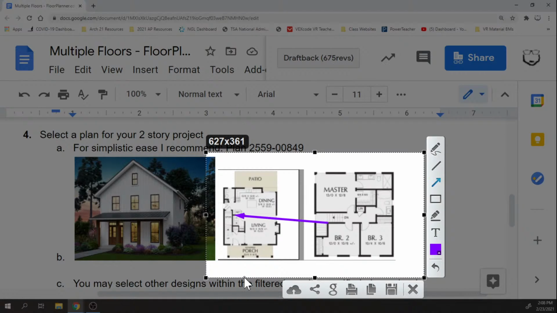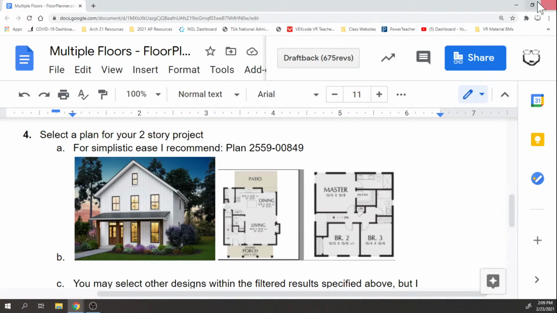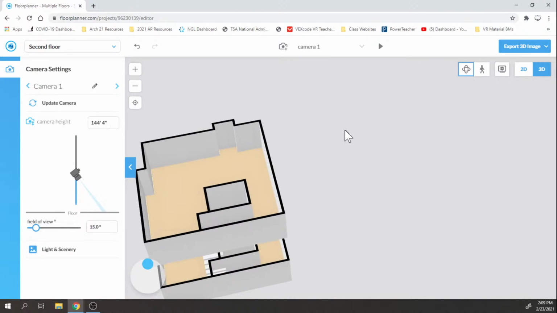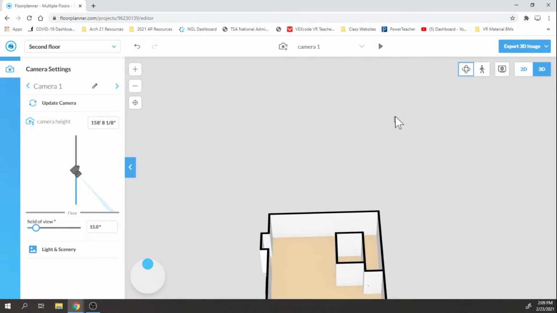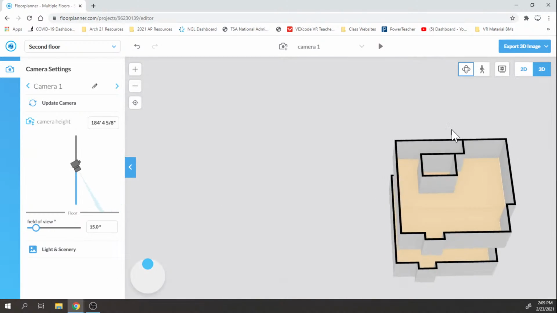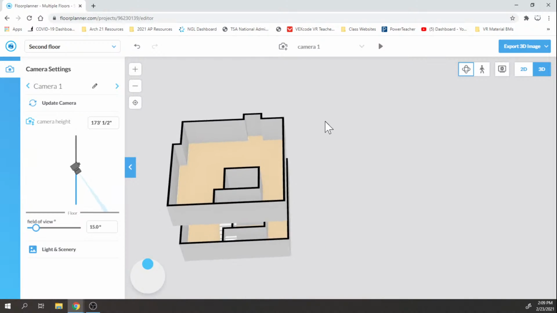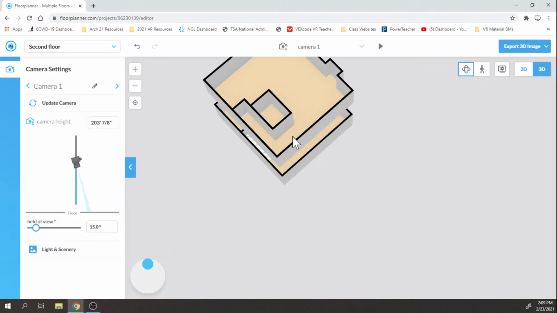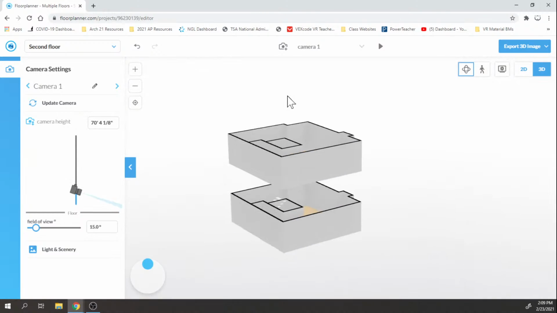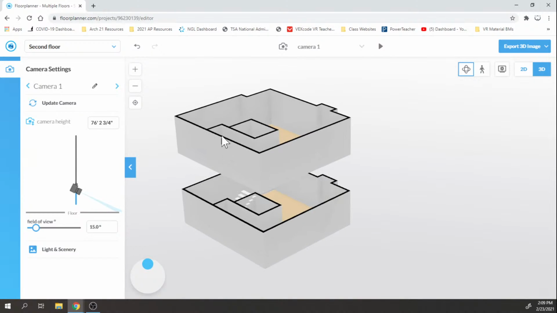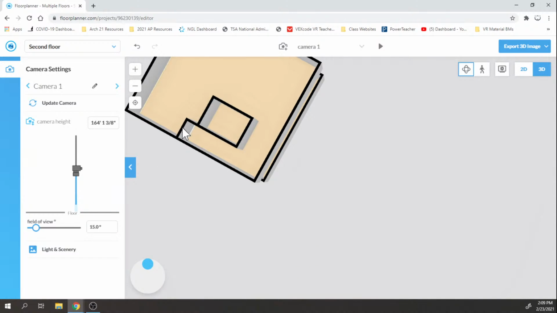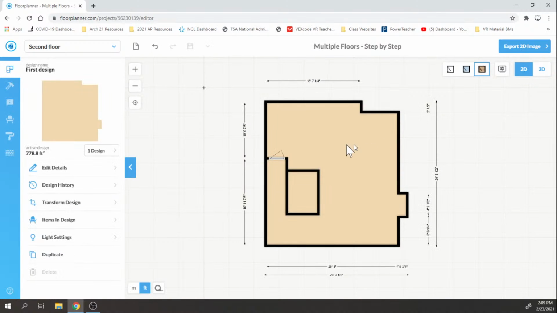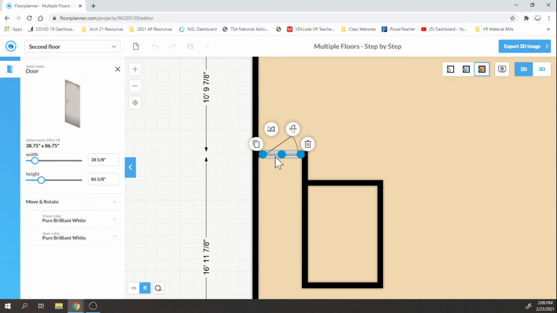And at this point, this is where Floor Planner becomes challenging because you cannot see the layer below you while you're working in 2D. So you're going to have to figure out where the stairs are going to be coming out. And if the stairs are going to be coming out in an area that might be an impossibility, you could modify the second floor to reflect that and give you that ability. So what I'm going to do here is take this guy here